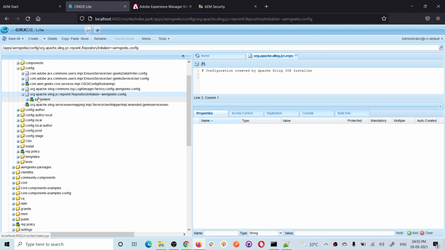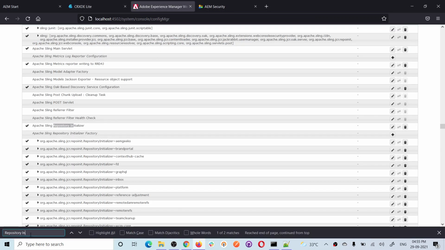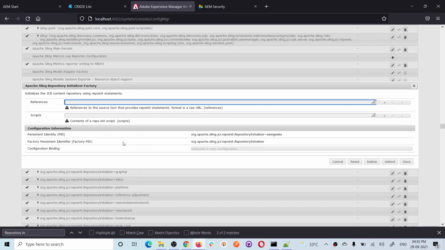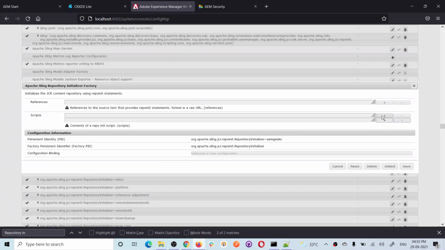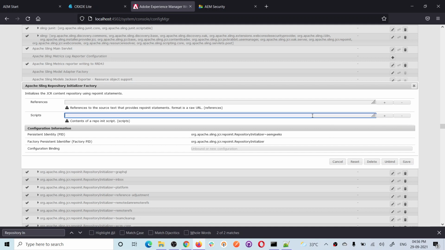So I created a configuration called org.apache.sling.jcr.repoinit.RepositoryInitializer-AEMGeeks. As soon as you create this configuration, one instance of that configuration will be available in your OSGi console as well. You see, this one has been created. Now you can write your script. I would say script because we will be using that language here, and you can add any number of scripts in the same configuration. Ideally you should have only one, and you can have different sections. You should write all your configuration here. Okay, so we'll start with the first one. First I'll show you that you can create a service user along with the permissions.